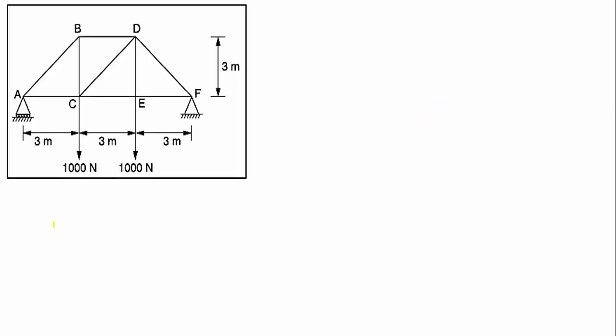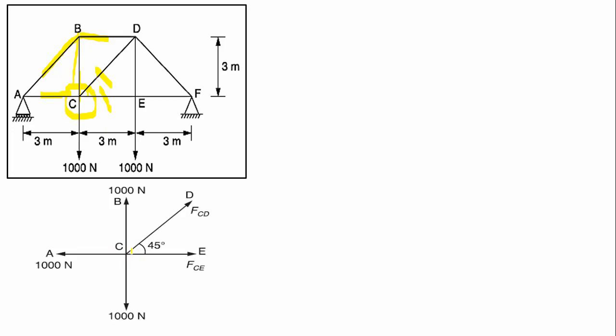Next we will go to another joint now. If you see this joint B, we have got all these values. We will try to select this joint C now. If you see joint C, this is known to us, this is known to us, and only this is unknown and this is unknown. So two unknowns, so we can solve this joint C. Therefore we will draw this joint C now.